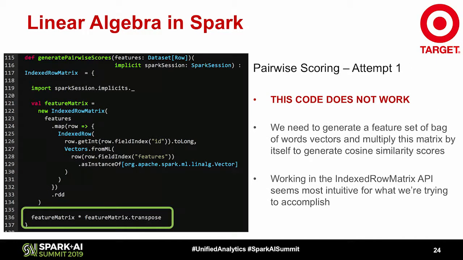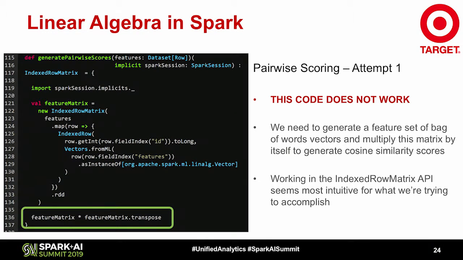Okay, so this is where things started to go very wrong for me. This is where I wanted to take my big distributed matrices and multiply them by each other, or multiply a matrix by itself transposed. This is how I got started. I'm trying to fill out this generate pairwise scores method that takes in those raw features, represented as that vocabulary vector on a per input feature basis. I decided to start out with IndexedRowMatrix because that seemed most intuitive to me, why not? To create that, you have to pass in an RDD of indexed rows. Those first couple lines of code, 122 through 123, are where I'm just creating that matrix from those input features.